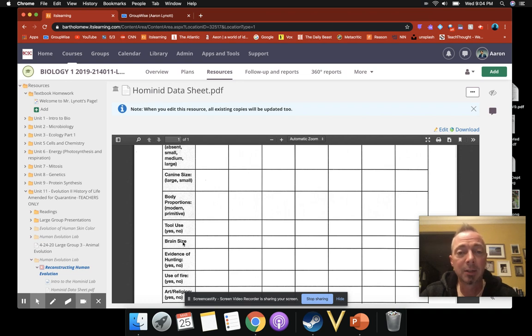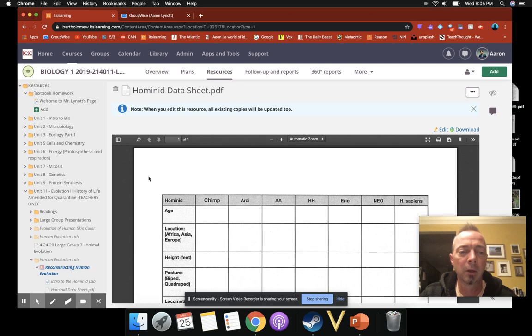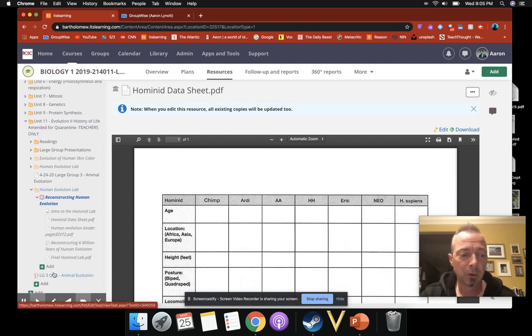Their brain size, I'm going to give that to you in some data. Evidence of hunting, yes, no. Did they use fire, yes, no. Art and religion, yes, no. And an overall impression, again, don't worry about this too much, but you're going to see this change from more chimpy-like organisms. Chimps are very chimpy-like to us. We're in one of these 2 columns here. And you're going to see this change over a long period of time, okay? So with that, you're going to go to the third thing on here,